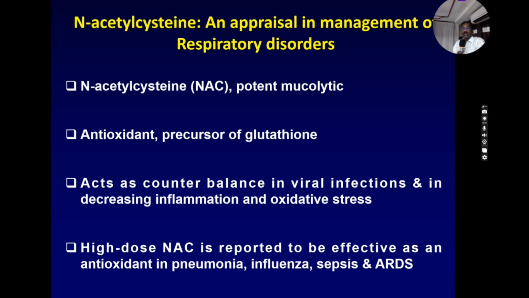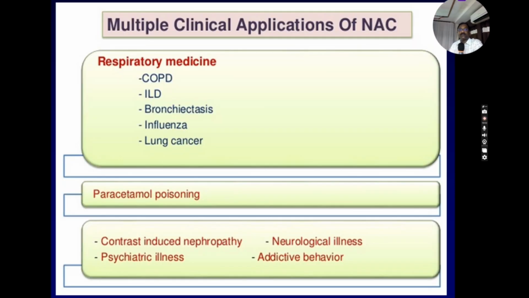So it's a good mucolytic agent, a good antioxidant, and it reduces inflammation and oxidative stress, and also helps you in the management of pneumonias, influenza, sepsis, and ARDS. So these are the multiple clinical applications. Your respiratory medicine, COPD, or interstitial lung disease. Nowadays we are seeing a lot of ILDs because of rheumatoid arthritis and lupus. So a lot of people right now are having autoimmune diseases, and they will have ILD. ILD people usually present with breathlessness, and your CT scan will definitely give you an idea of the ILD, where you have to use immunosuppressive drugs like